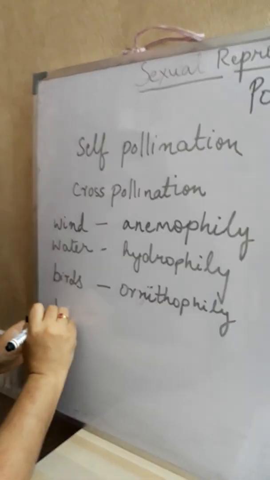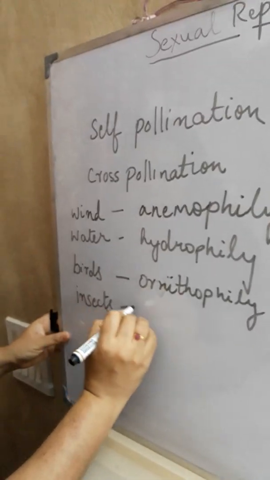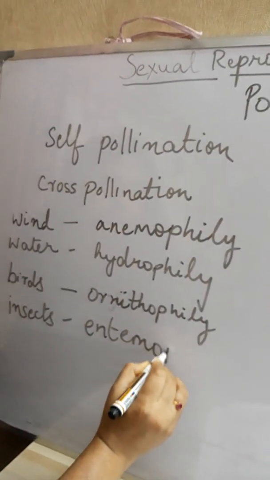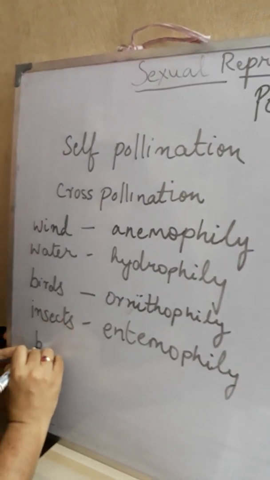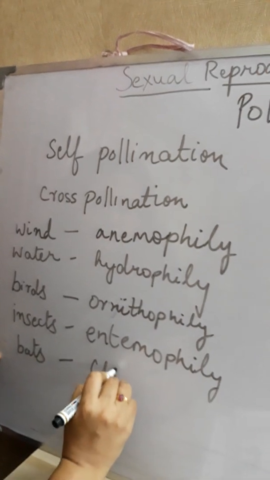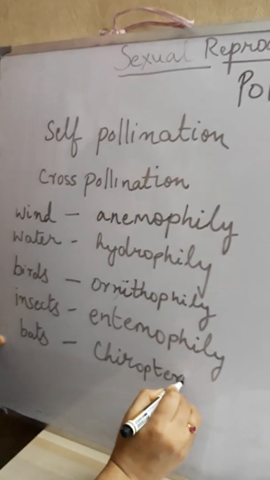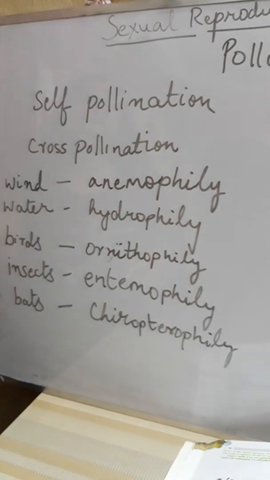If it occurs with the help of insects, it is known as entomophily. And if it occurs with the help of bats, then it is known as chiropterophily. So the basic purpose of these